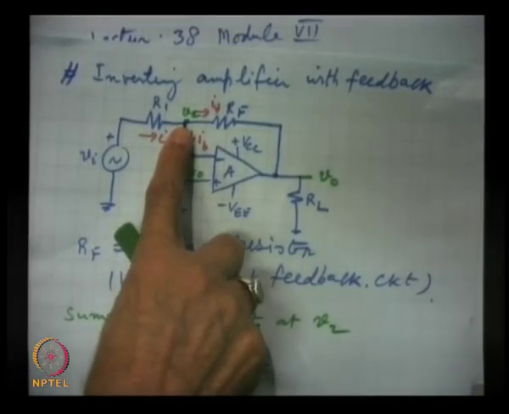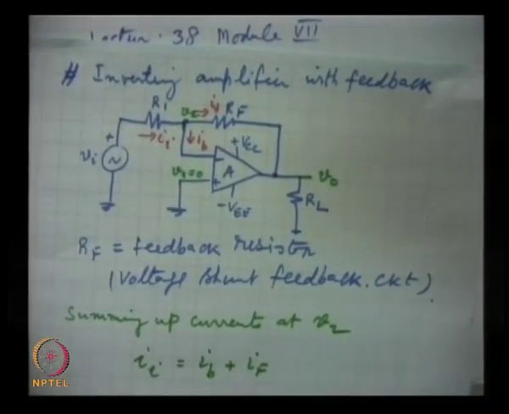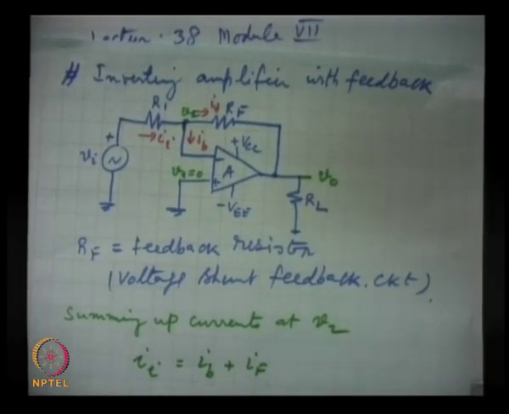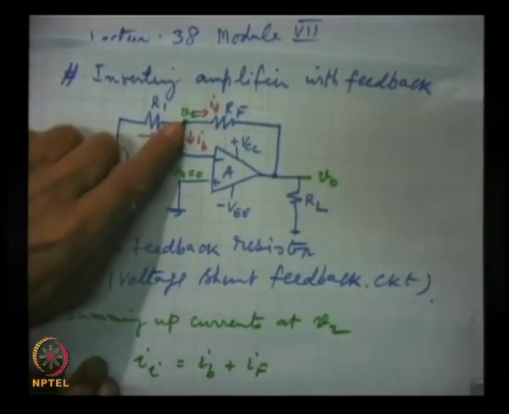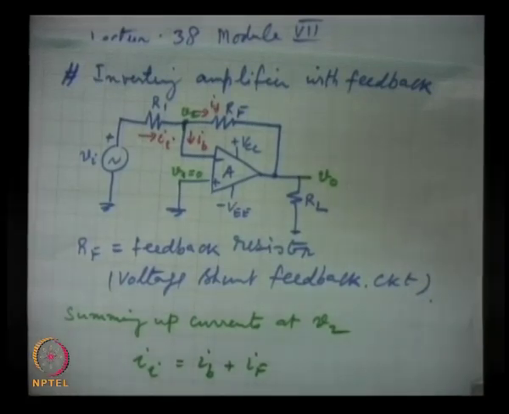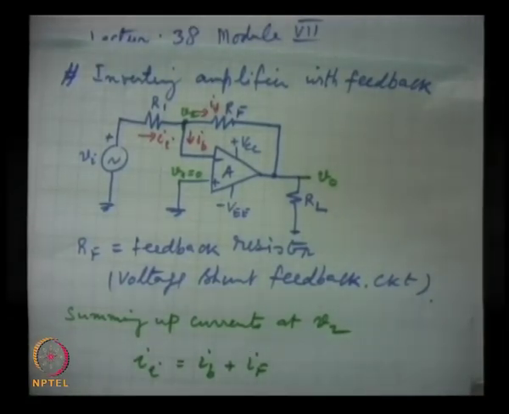Another important point was that V2 was at 0 potential, that means it was at ground potential, and this is called virtual ground. Ground because it is at ground potential, and virtual ground because actual ground can absorb almost any amount of current, but this is a small signal device. So, hardly a fraction of an ampere will be the current which this will be able to handle. So, these 2 points we discussed.